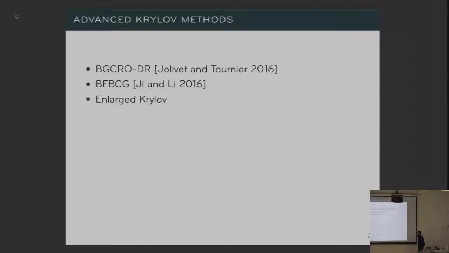One drawback, let's say, about PETSc is that you only have access to really basic Krylov solvers, and inside HPDDM we have developed some more advanced Krylov methods. For example, block GCRO-DR, which is a block method that can be used to recycle information if you have to solve a sequence of linear systems. We have also implemented other techniques for symmetric positive definite matrices, such as the breakdown-free block conjugate gradient. And we also have some tools for performing enlarged Krylov methods. Basically, you are interested in solving a system with only one right-hand side, but you split your right-hand side in multiple right-hand sides, and so you need to solve a system with multiple columns in your vectors.